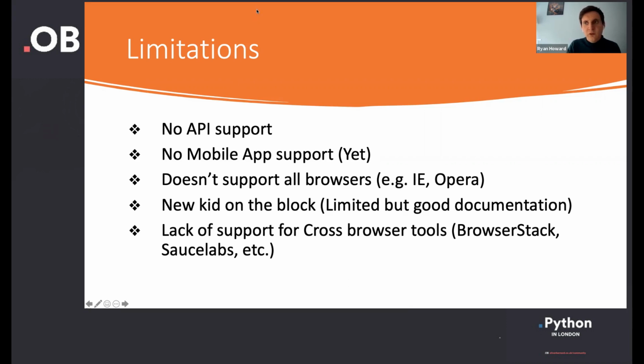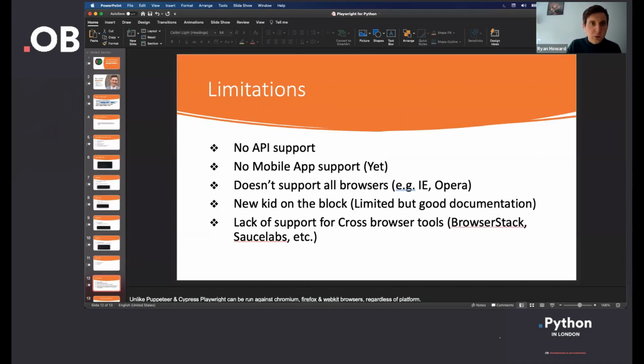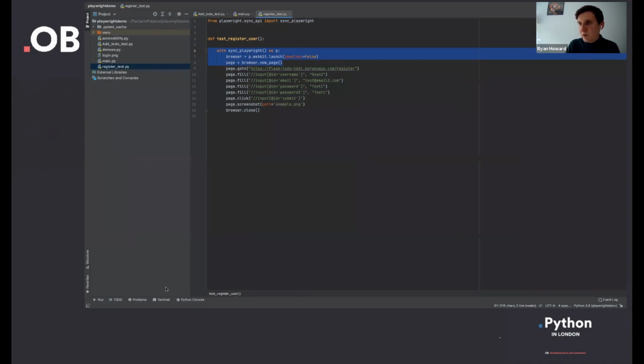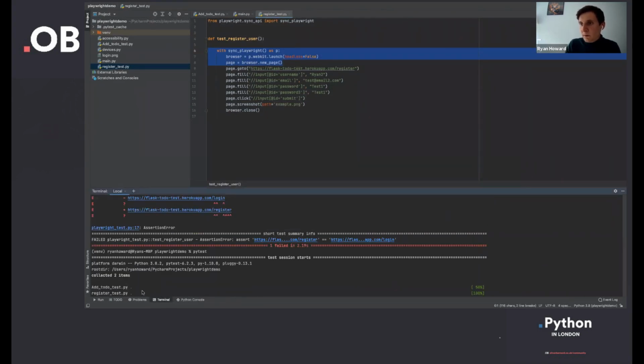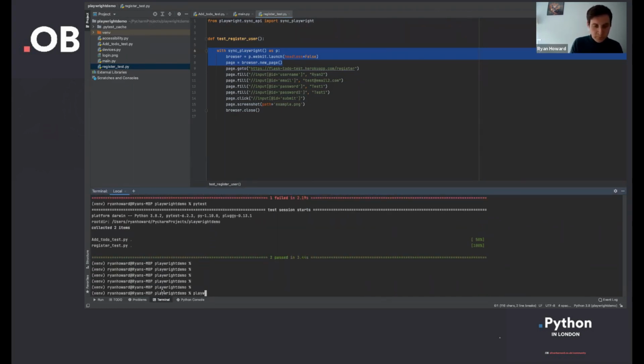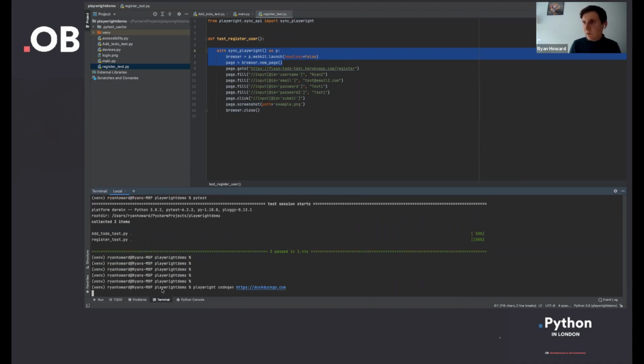So I just want to take the opportunity to show you a test. As I mentioned earlier, we can do things like use code generation to generate tests. If I launch this,